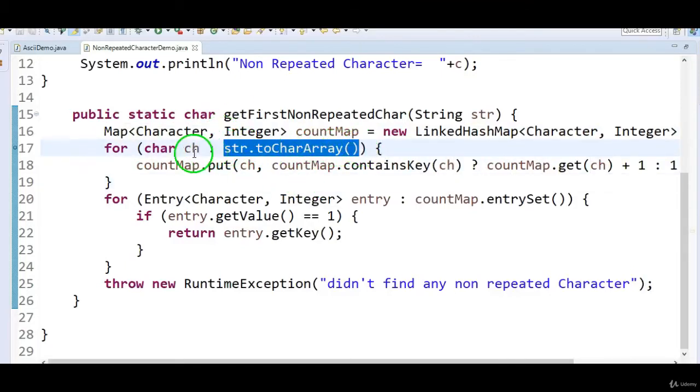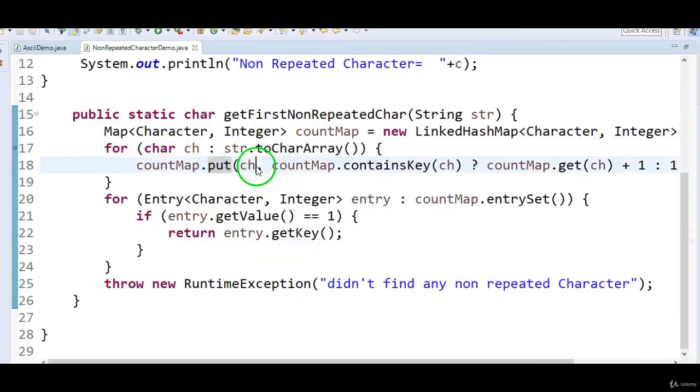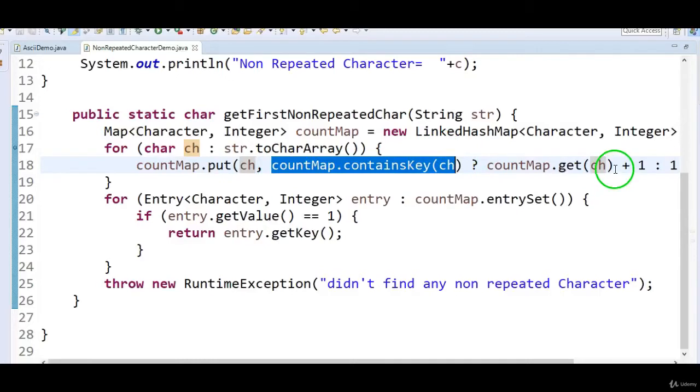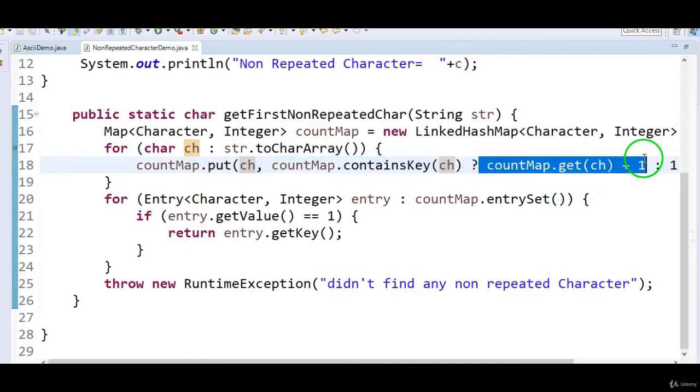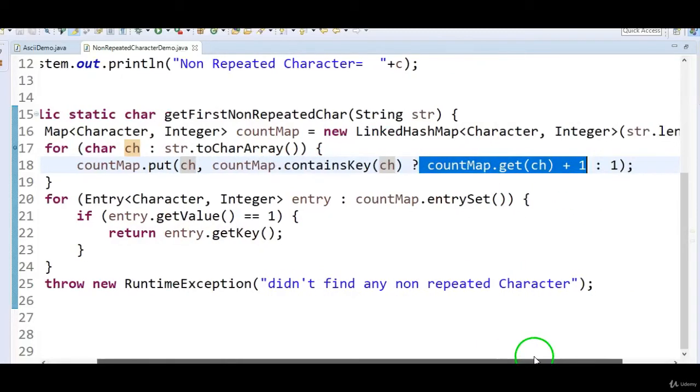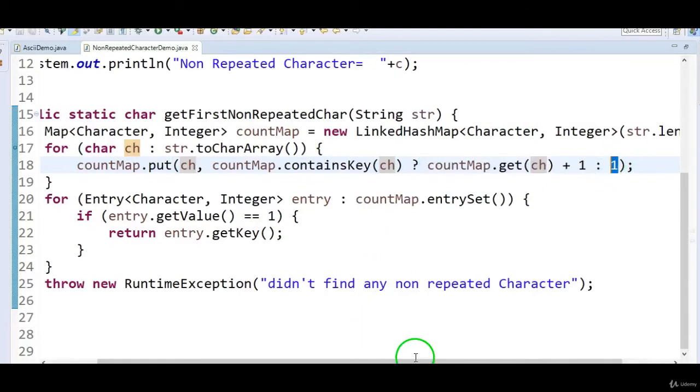In this character array, I am looping through each and every character, and before putting it in that map, I am checking whether that map contains that character or not. If the map contains that character, I am incrementing the value of that key, countMap.get(ch) plus 1. Otherwise, I am just storing value 1.